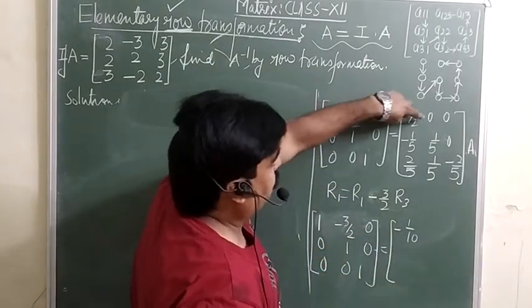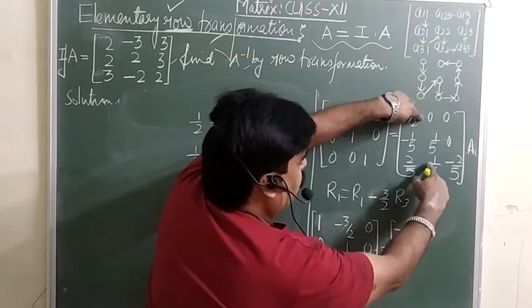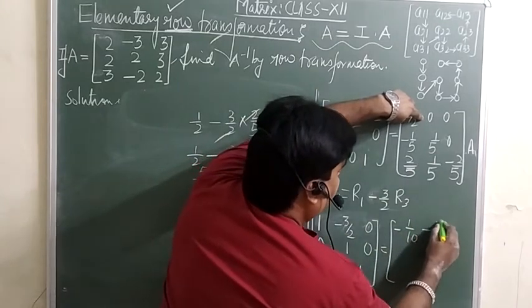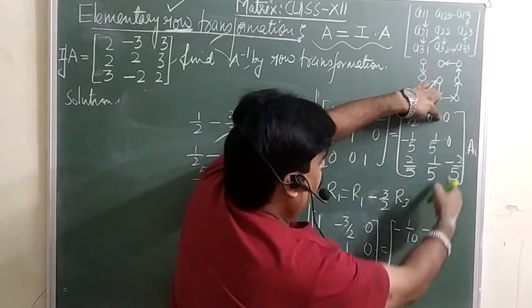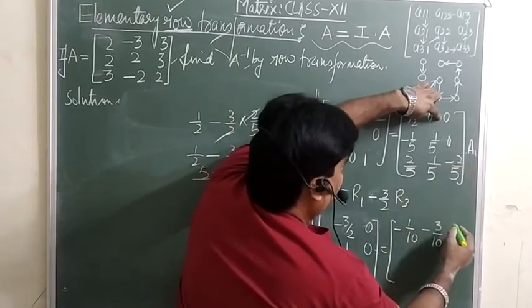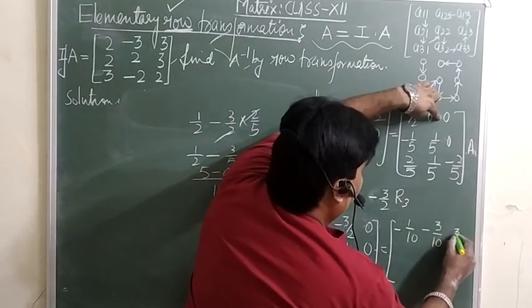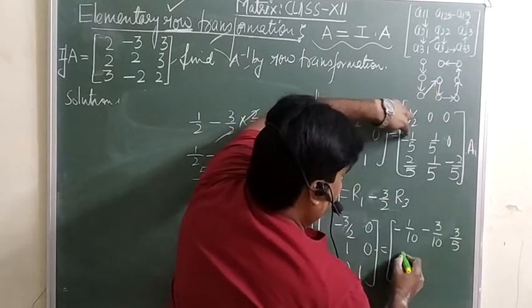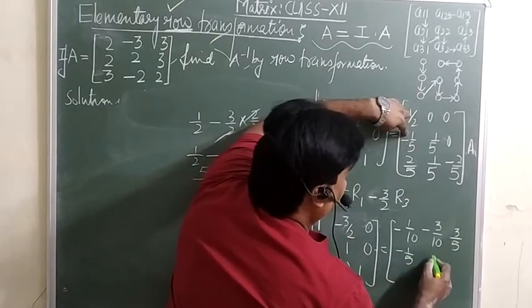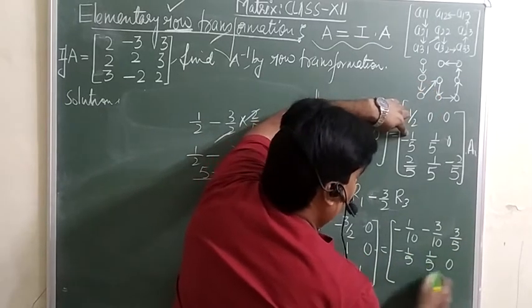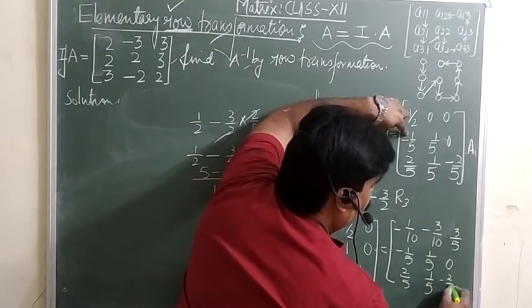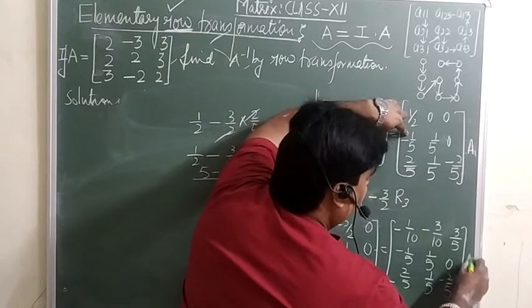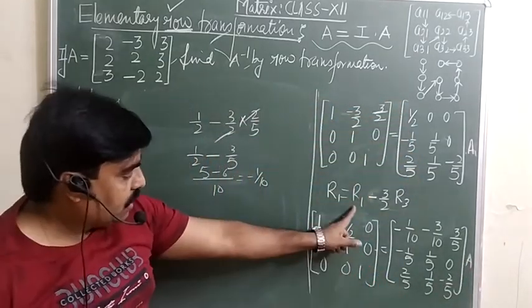So here you will get minus 1 over 10. And from this one we are subtracting this one, so minus 3 over 10. And from here you will multiply, this is 2 and 2 is cancelled, plus 3 by 5. And the rest of the terms will remain as they are: minus 1 over 5, 0, 2 over 5, 1 over 5, minus 2 over 5 into A. Now the last term is here only.